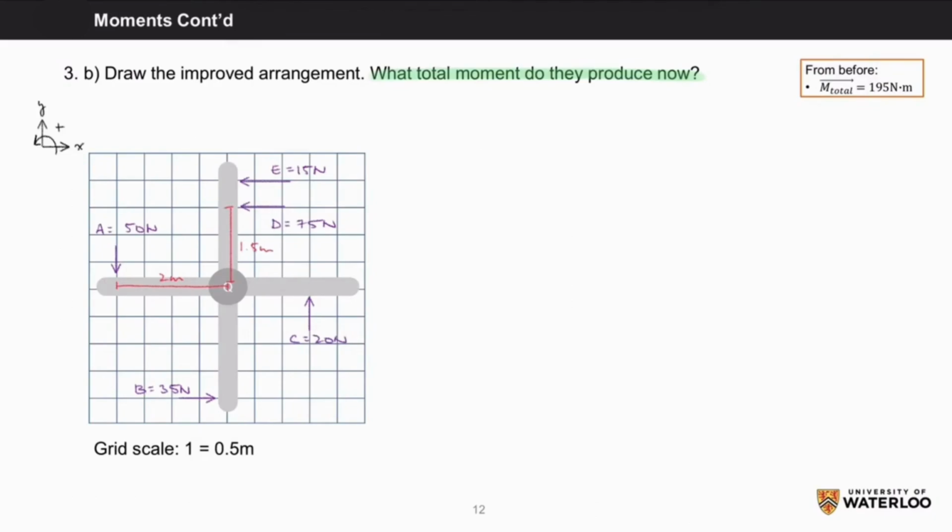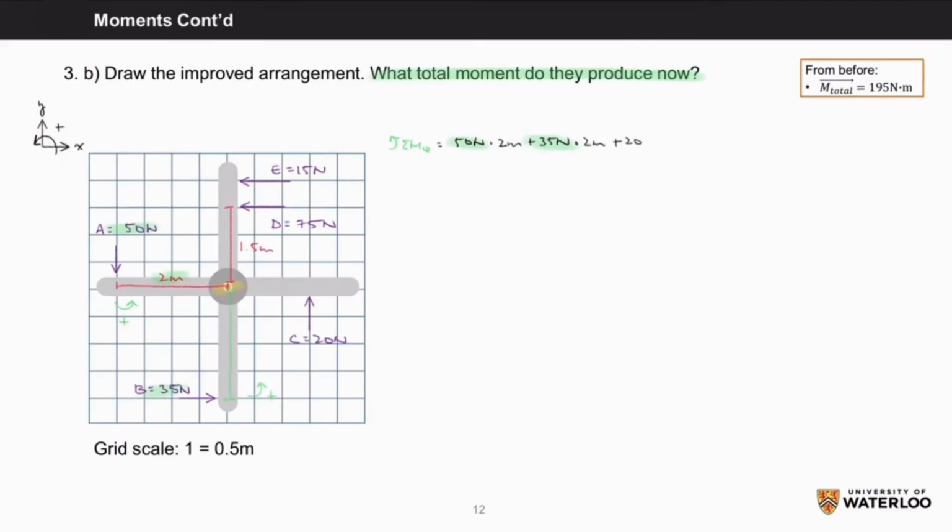To calculate the total moment, we'll take the sum of moments about Q. Our equation will be the sum of M about Q equals 50 newtons from person A, which you're adding because it will act in the counterclockwise direction, times its normal distance to Q of 2 meters, plus 35 newtons from B, which we're again adding because it will act in the positive counterclockwise direction, times its normal distance to Q